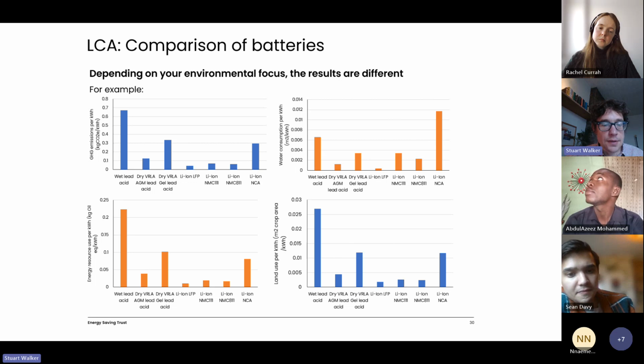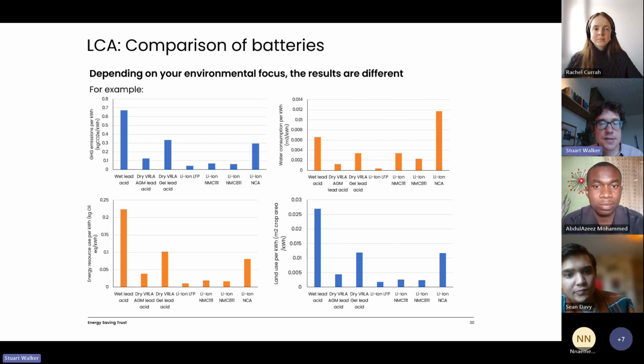And then finally, we compared land use. Again, you can see in land use that the lead acid batteries and the lithium-ion NCA types are not so good. Luckily for us, across all of these, the lithium-ion LFP, the battery in the middle there, is the best performing in all of these indicators. So we didn't have a difficult decision to make here, but quite often in LCA you'll have a result where one performs well in, for example, this category, but less well in others. And there's that balance, like I said earlier, of what impacts you're most concerned about.